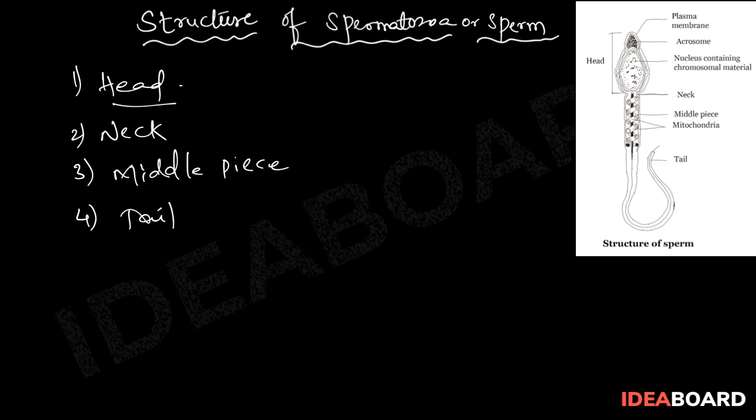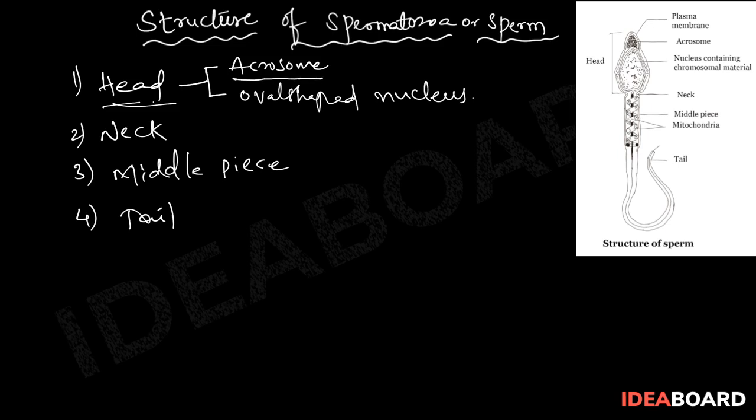The anterior-most head consists of two parts. The first one is the cap-like structure called the acrosome, and then the oval-shaped large nucleus. The head is the anterior-most part and it consists of two parts: one is the acrosome and then the oval-shaped nucleus. This acrosome is an anterior cap-like structure, and